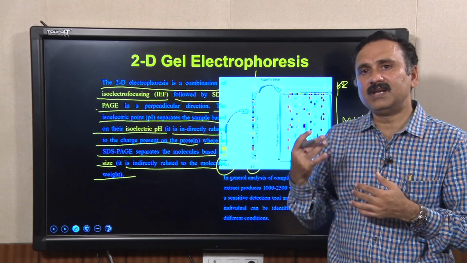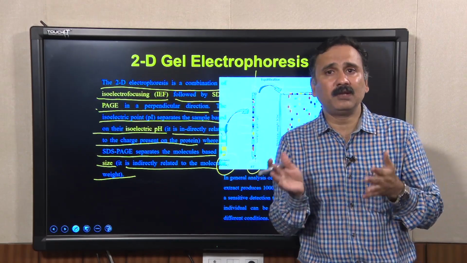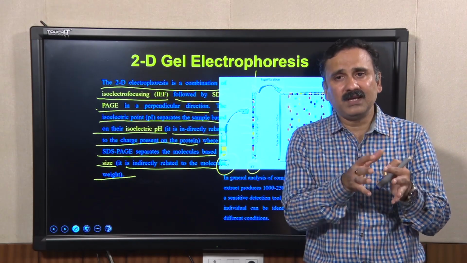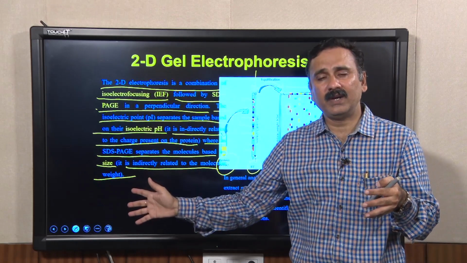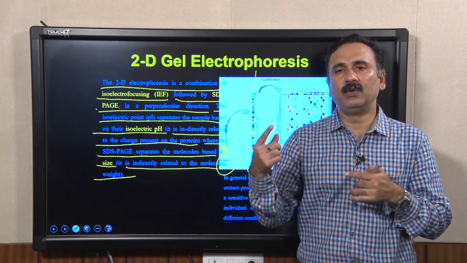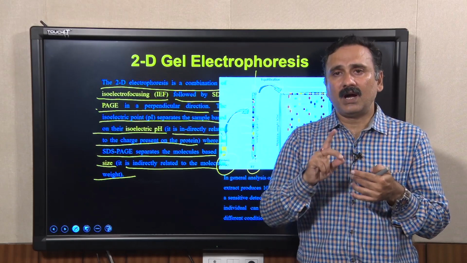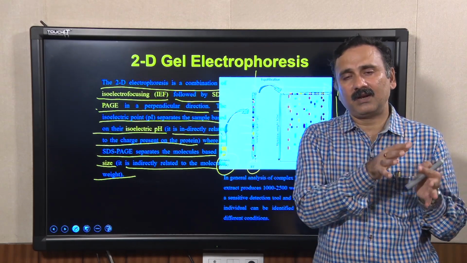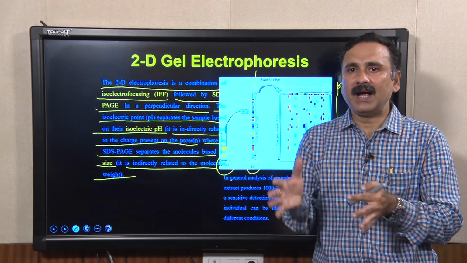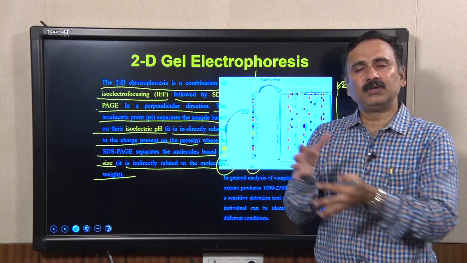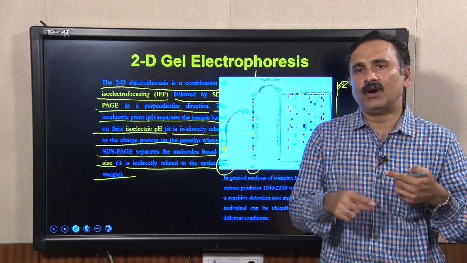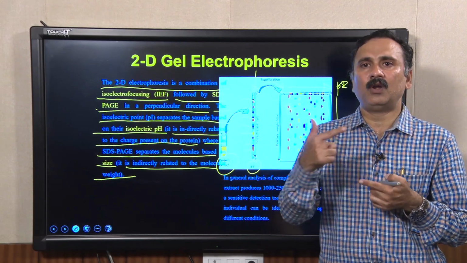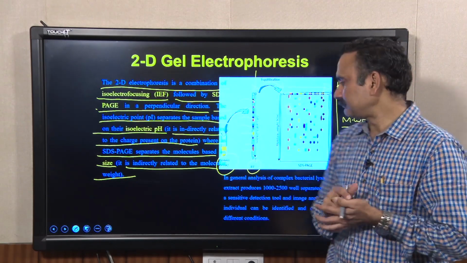So, even if two proteins have identical isoelectric points but different molecular weights, it is actually going to give you two spots. The same is true the other way around. You can imagine, if I resolved the same sample using only the isoelectric point or only the molecular weight, then the samples will not get resolved properly, or will not get resolved completely.